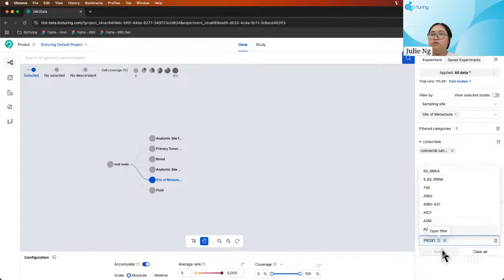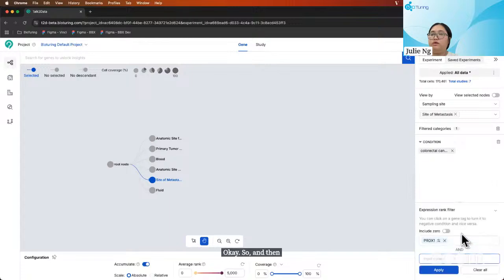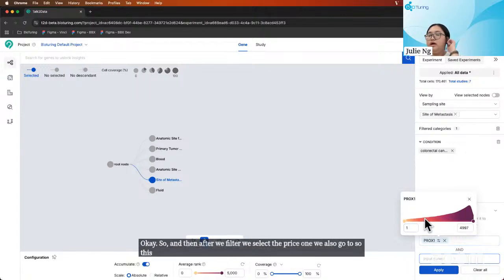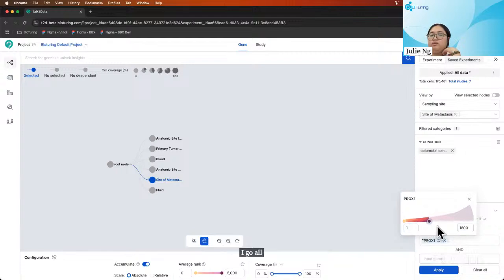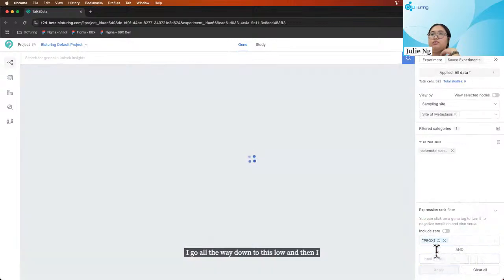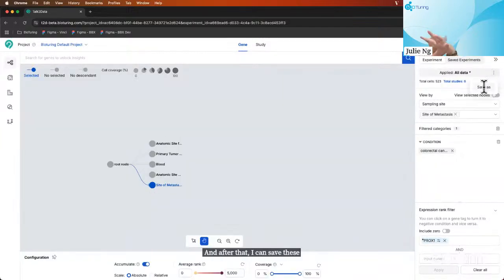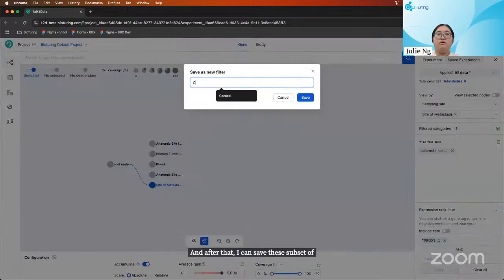After we select PROX1, this is the actual expression distribution of this gene across our database. Because I want a PROX1 low expression group, I go all the way down to the low end, and then I apply the gene expression filter right here. After that, I can save this subset of cells as CRC metastasis